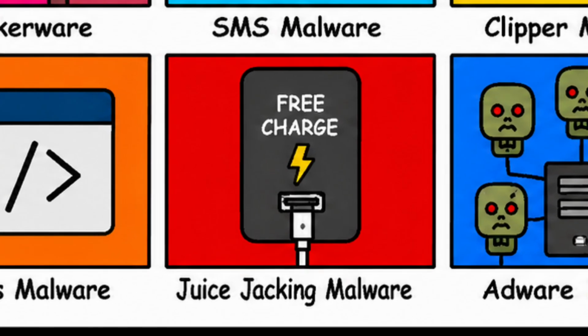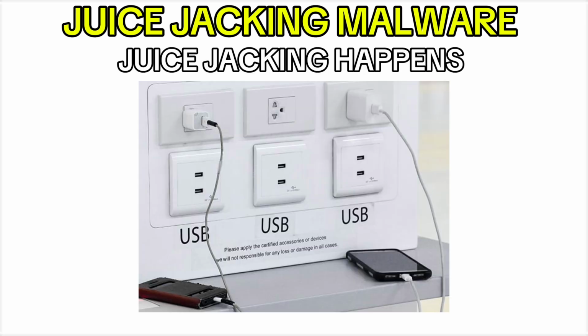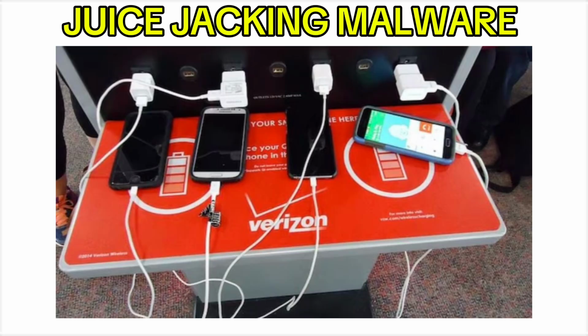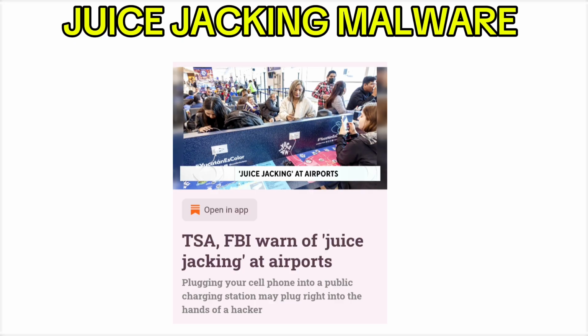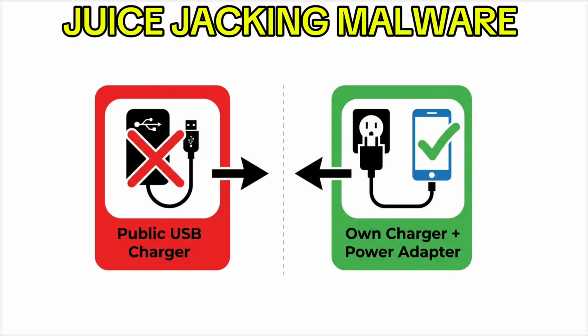Juice jacking malware. Juice jacking happens when you plug your phone into a public USB charging port. Some hackers set up fake charging stations in airports, malls, and cafes. When you plug in your cable to charge, malware transfers from the port into your phone. You think you are just charging your battery, but you are actually letting malware inside. The FBI has officially warned people about juice jacking. This is why security experts always say to carry your own charger and use a power adapter, not a USB